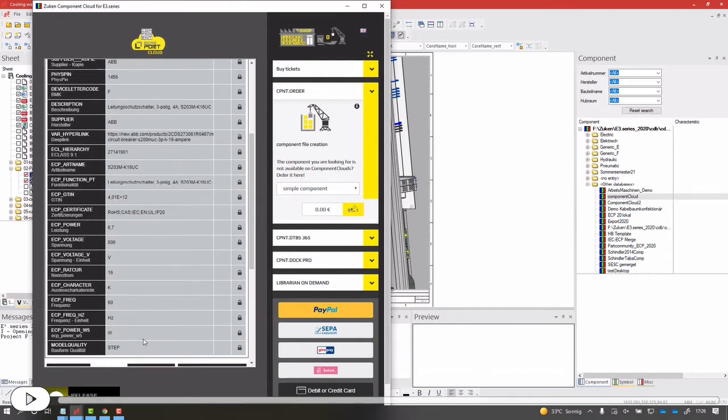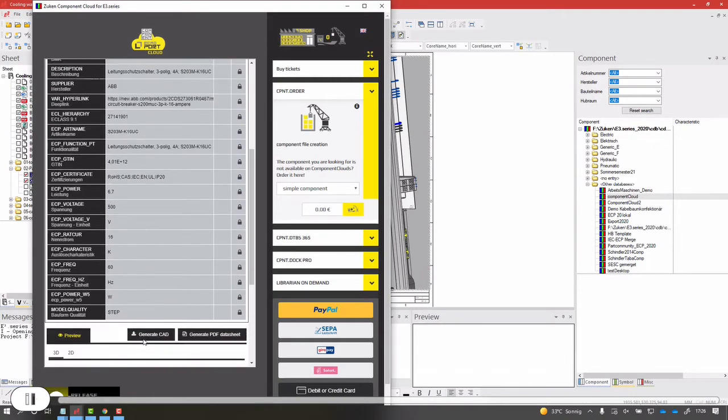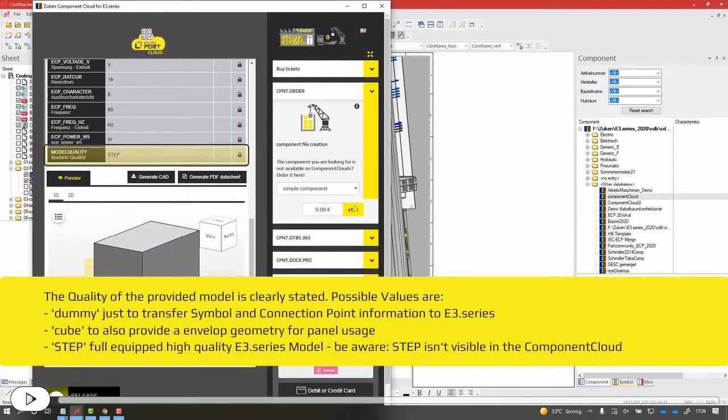As you have seen before in the Zuken Component Cloud, this table provides a lot of technical details about the product shown here. But the additional information which you can only find in the ECAD-PORT Component Cloud is the model quality. During the last 6 years, we at ECAD-PORT set up a lot of components in E3.series. All those components we transferred to the ECAD-PORT Component Cloud, and the result is that we got